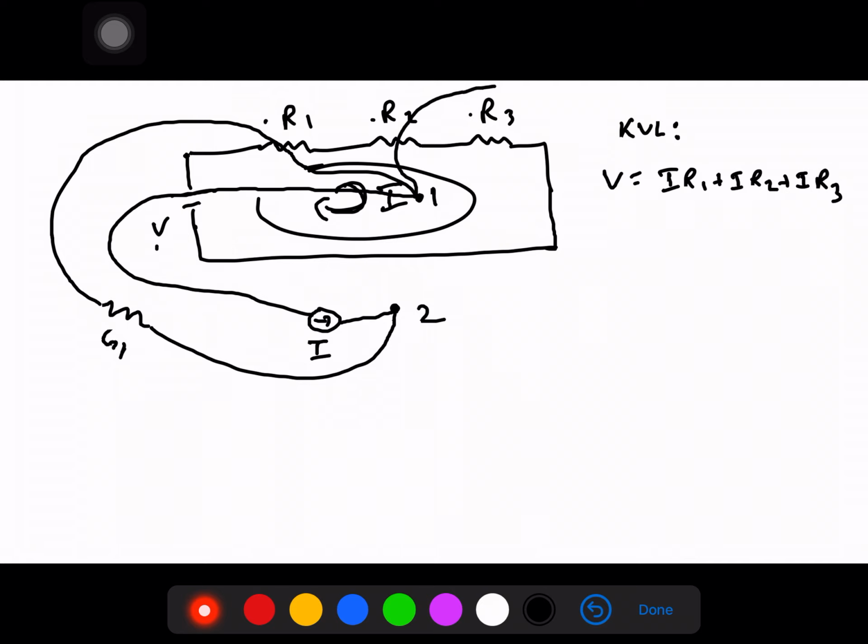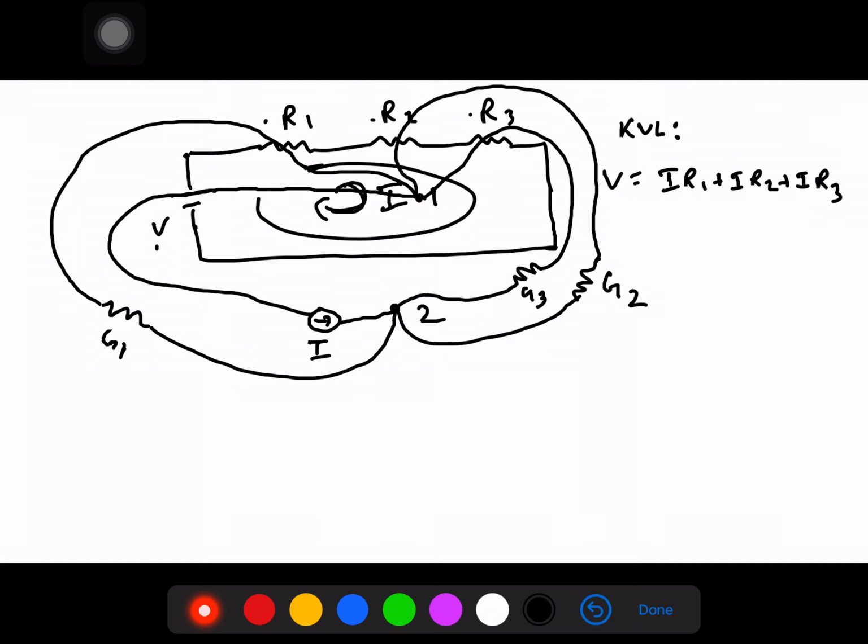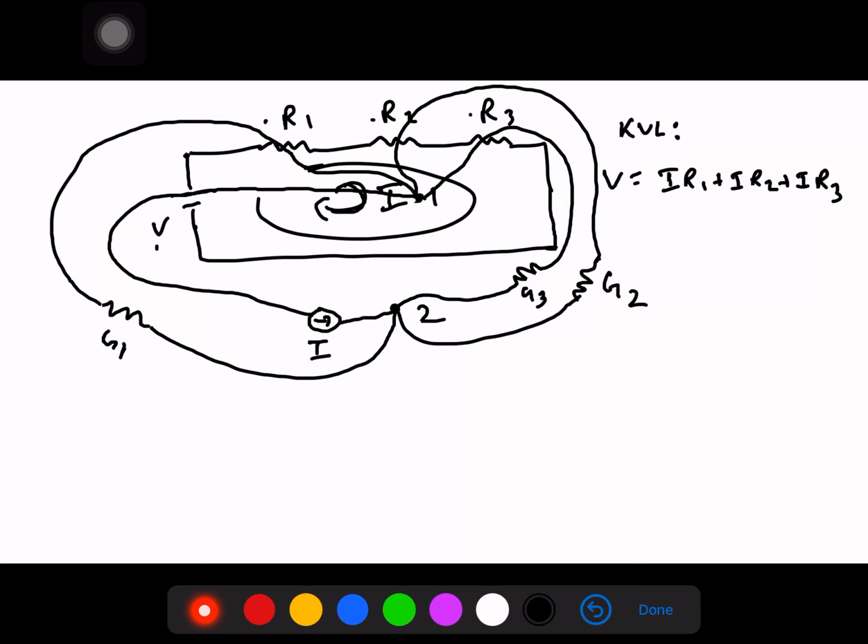Similarly, we are going to connect R2, and R2 will also be converted into a conductance G2. Similarly, R3 will also be converted into its conductance G3. So obviously this is a very complicated kind of drawing. But if you notice, we have two nodes here, 1 and 2, and we have all these elements now: I, G1, G2, and G3. So now we can redraw this circuit so that it's presentable. I'll redraw it here itself quickly.